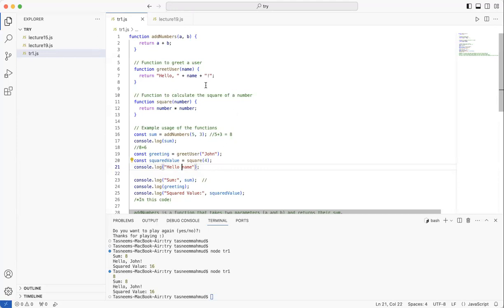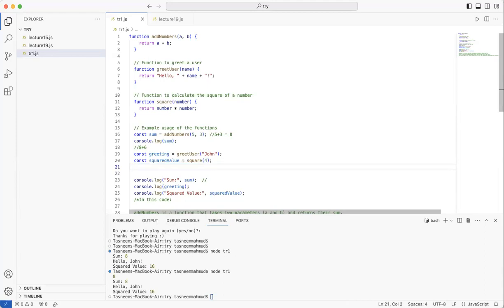But what if I use this function right here, the greet user function? All I have to do is send the name of the person and it should greet me the same way, right? Does that make sense? Questions, anyone?